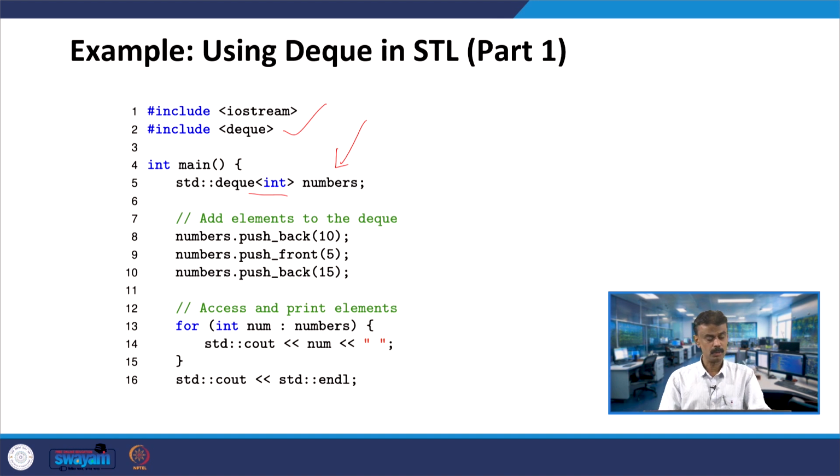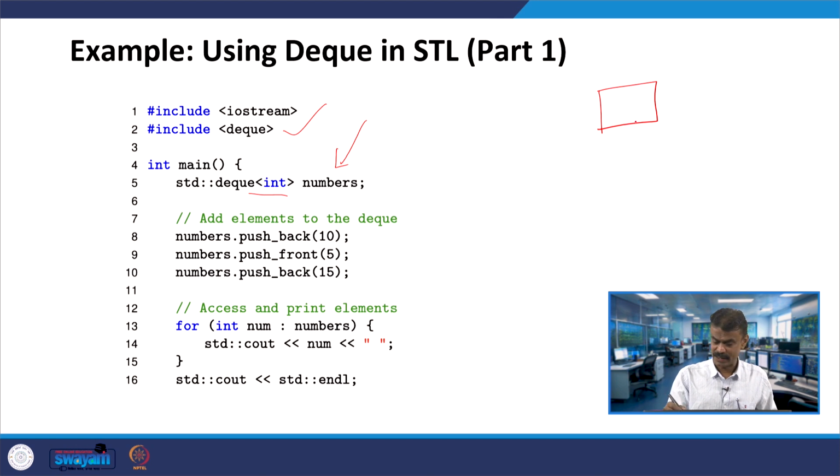Now you can see, we have the advantage of using the inbuilt member functions. The object numbers is invoking push_back. Initially this is an empty queue, so we are inserting 10 as the first element.